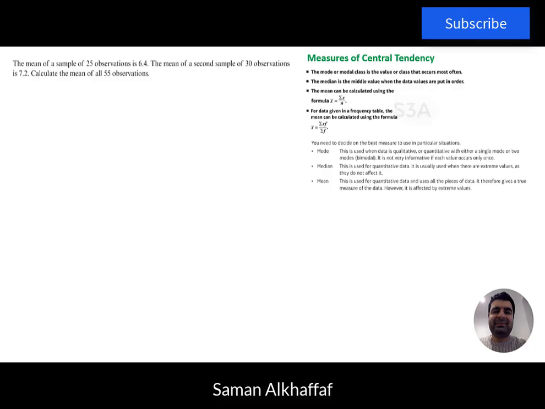In this example, the mean of a sample of 25 observations is 6.4. The mean of a second sample of 30 observations is 7.2. Calculate the mean of all 55 observations. So first, we